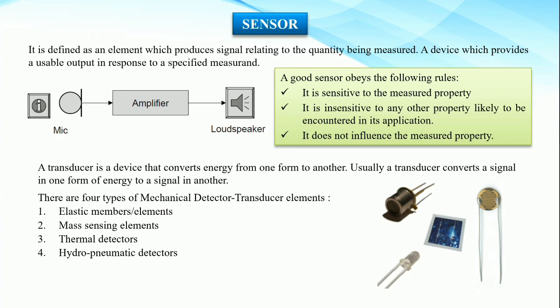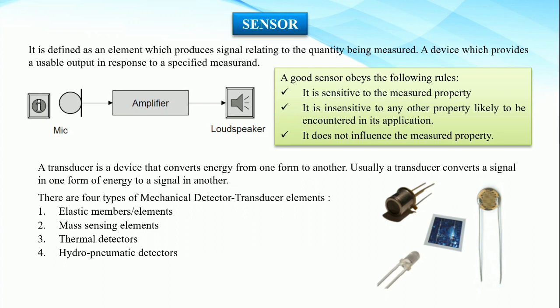Now in case of a transducer, a transducer is nothing but a device which converts energy from one form to another. The primary sensing element, the sensor, is the first and foremost requirement for measurement and automatic controls. The sensor senses the condition, state or value of the process variable, and produces an output which reflects this condition. Then the transducer transforms the energy of the process variable to an output of some other type of energy which is able to operate some kind of control device.